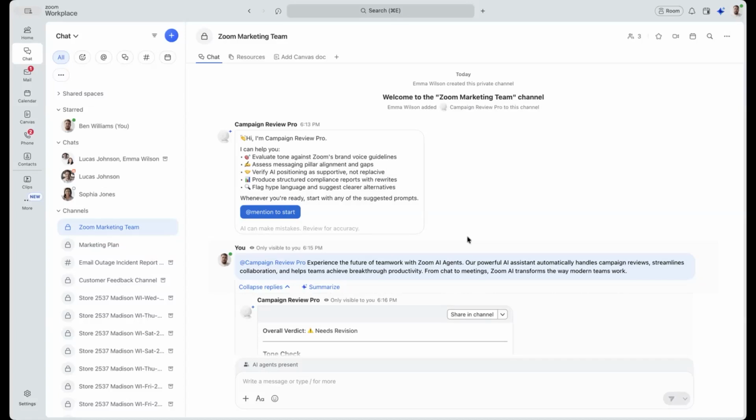Another way to use the agent is to share it in a chat channel so the rest of the team can use it as well. My teammate Ben can simply add Campaign Review Pro in the channel and drop in a draft for review. The agent will perform the same task for Ben, so once it's been created, it becomes a reusable resource for